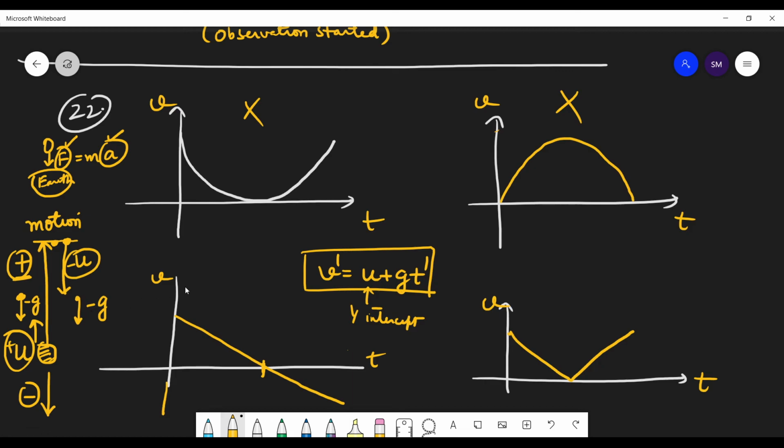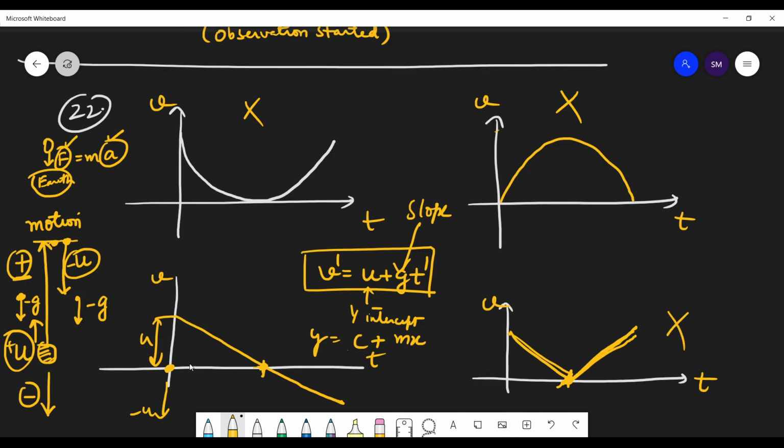सो द स्लोप इज, सो ये g क्या आपका? स्लोप। बिकॉज y इज इक्वल्स टू mx प्लस c। तो ये हो गया आपका u। ठीक है. और इस पॉइंट पर आकर u क्या हो गया आपका? 0. यानी कि यहां पर ये ऑब्जेक्ट मैक्सिमम हाइट पे आ चुका था, उसके बाद u नेगेटिव। यू कैन सी देयर इट इज नेगेटिव u. यहां u जो है वो पॉजिटिव ही है, ये ग्राफ सेम है यहां तक, लेकिन उसके बाद फिर से u पॉजिटिव, u 0 हुआ और 0 होने के बाद फिर से u पॉजिटिव है, दैट इज नॉट पॉसिबल. इज दिस क्लियर?